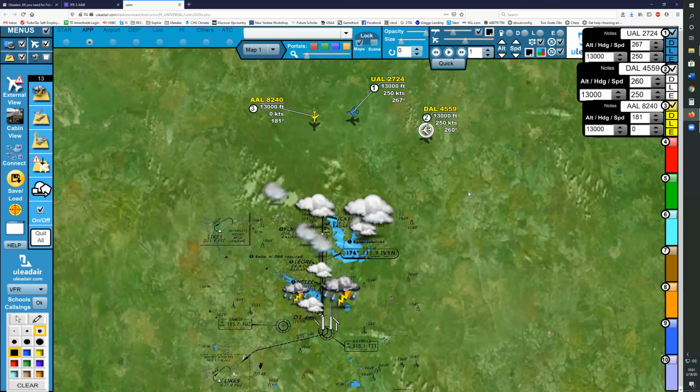Okay. Approach, Fort Worth approach, Delta 4559. We have reopened, we have just rain in the airport. We have rain in the airport. Has the rain stopped, or is the rain stop? Or you could say, is it still raining? The other way: it's still raining. Okay. Either way, yeah. That's all.